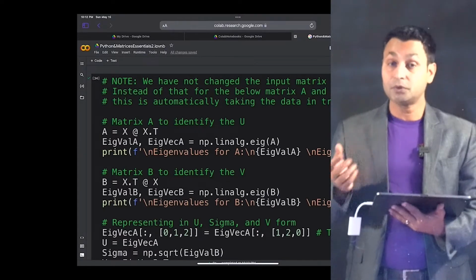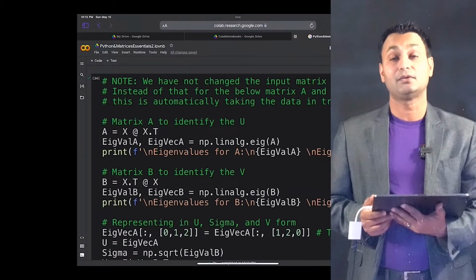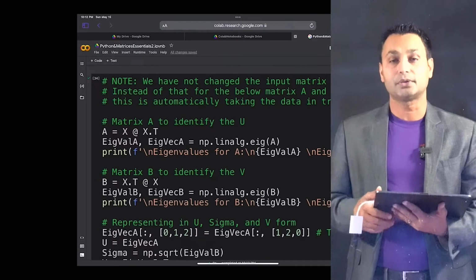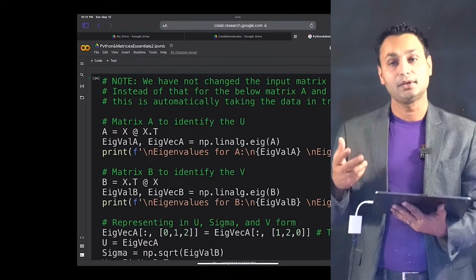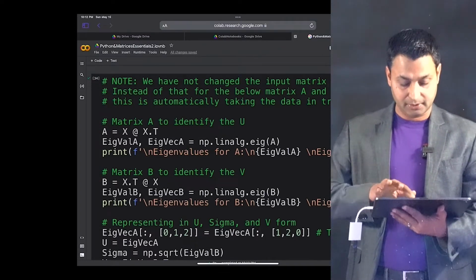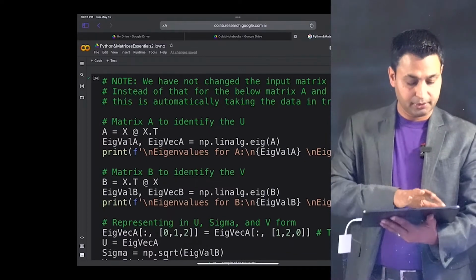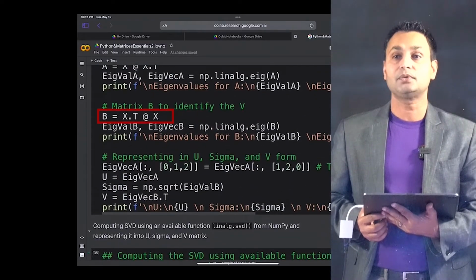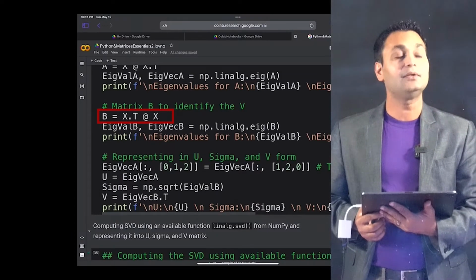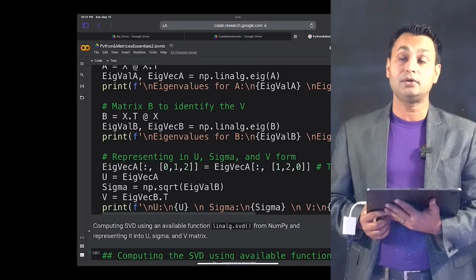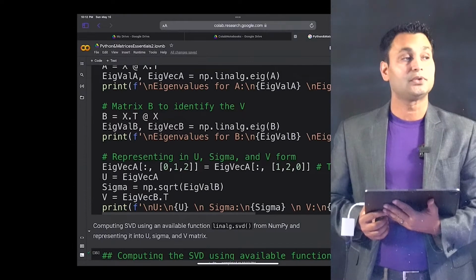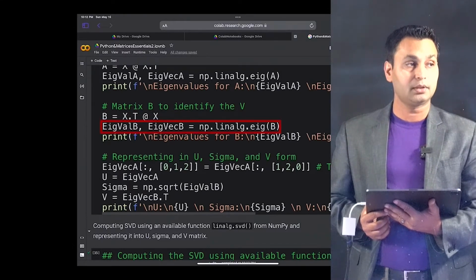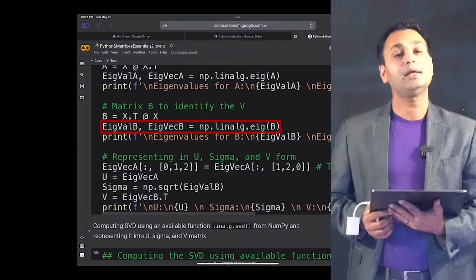Okay, and we are going to be storing its eigenvalues and eigenvectors, and that we will use to construct U, sigma, and V, and so on. Similarly, you can see that we take the matrix B, which is defined as X transpose multiplied by X, and then we do the eigenvalue decomposition of the B matrix, and we store that in eigenvalue B, comma eigenvector B, and again